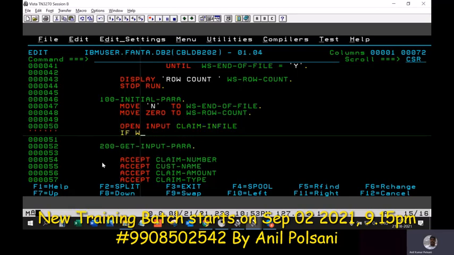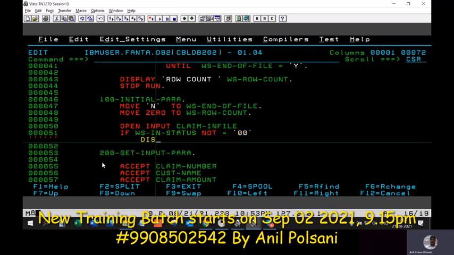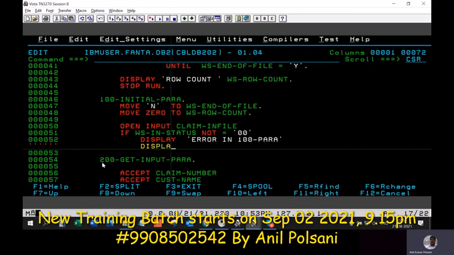Let's open the file. Open input, claim-in-file. If WS-in-status is not equal to zero, then display an error in 100-initial-para: display file open error, status WS-in-status.